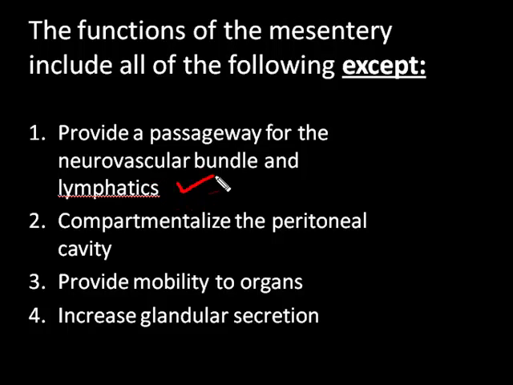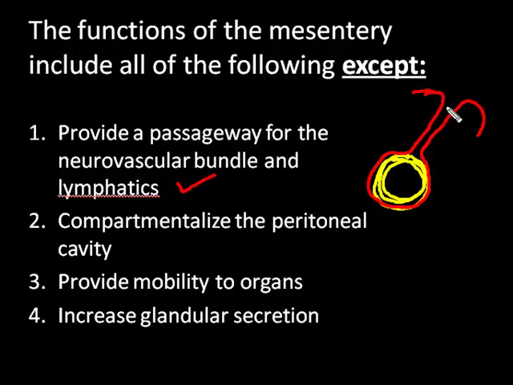Now this is a true statement because if you look at the mesentery, so if I draw, let's say that is a coil of the ileum, a cut section of the ileum or the jejunum, and then here I'm drawing the mesentery. So it goes around, and that's how it comes. So now this double fold of peritoneum is called the mesentery, and it does provide a passageway for blood vessels,